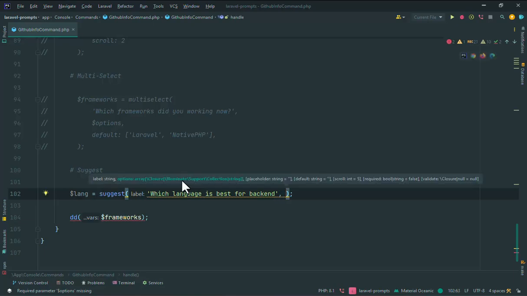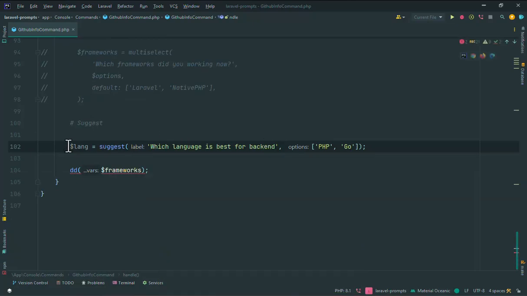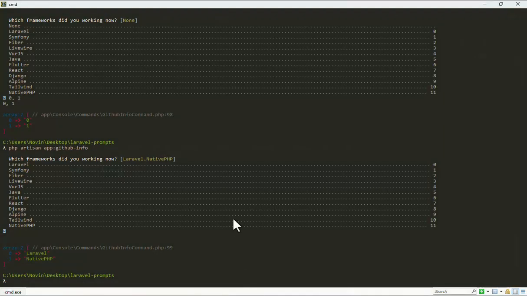And for options you can pass an array, closure, collection, and array of strings. For example, you can say PHP and Go, and also use lang, and let's test again in the CMD,